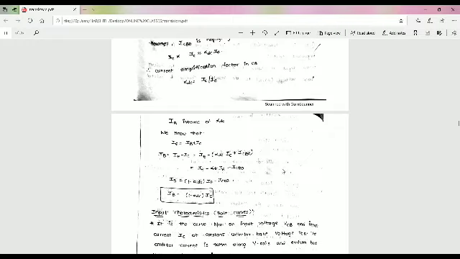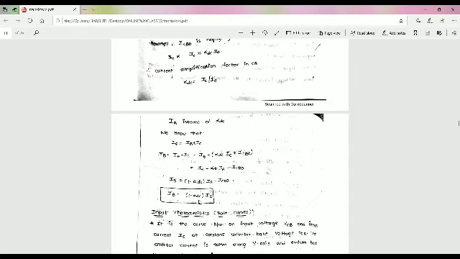IB in terms of alpha DC, that is IE equal to IB plus IC. So in this, IE equal to IB plus IC. So IB equal to IE minus IC. So IE minus the already known IC. So IC equal to alpha DC IE plus ICBO. Okay, by substituting, IB equal to 1 minus alpha DC into IE. Okay, that is IB equal to 1 minus alpha DC into IE. That is the important formula.